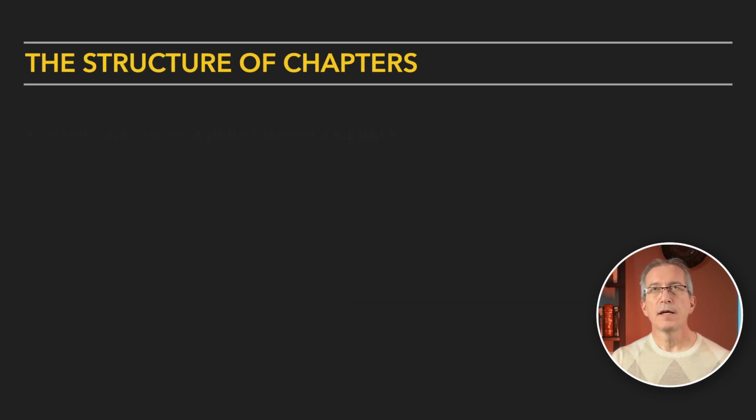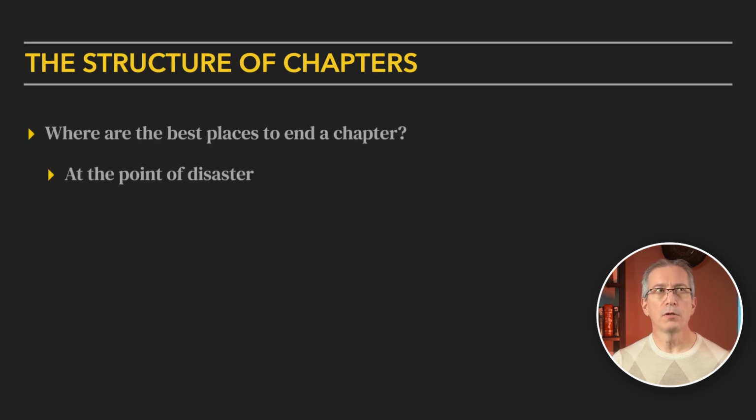So focus on that. As I was reading Bickham's book, I thought a lot about where the best places to end chapters are. And scenes don't always map exactly to chapters. You could have a scene that spans 2 chapters. That's perfectly viable, and we'll see some examples here. But one good place to end a chapter is at the point of disaster, and that's the most common by far. You write a scene, that is a chapter, it ends with the disaster, and then that becomes kind of a hook for the reader to read on because they saw something bad happen